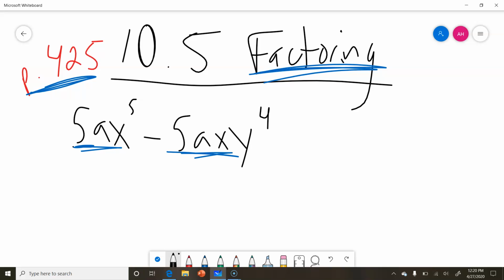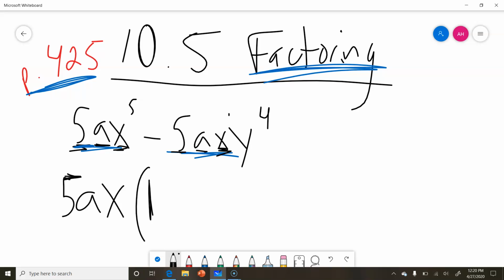Now, what do they both have? They both have a 5. So I know I'm going to be able to take a 5 out. They both have at least one a, so I know I can take the a out. And they both have at least one x, so I can take the x out. So that is step one, is to take that out, and I'm left with